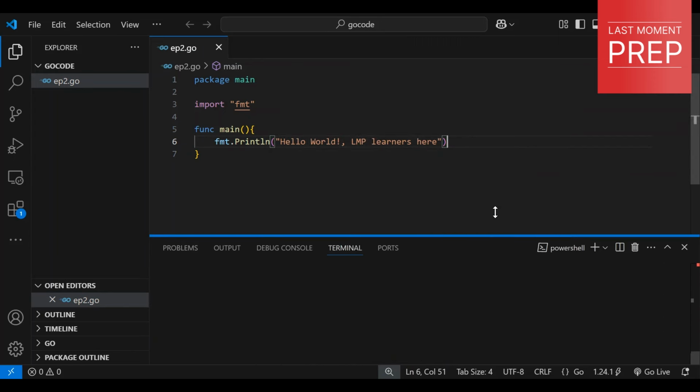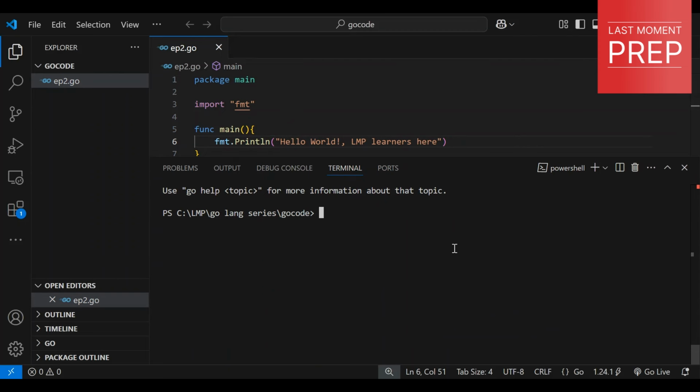Now we need to execute this using the integrated terminal in VS Code. To execute this, we just have to type go run and the file name that we want to run. In our case, I have named it ep2.go. .go is the extension, and ep2 stands for, of course, episode 2 of our series. So I'll just say go run ep2.go,